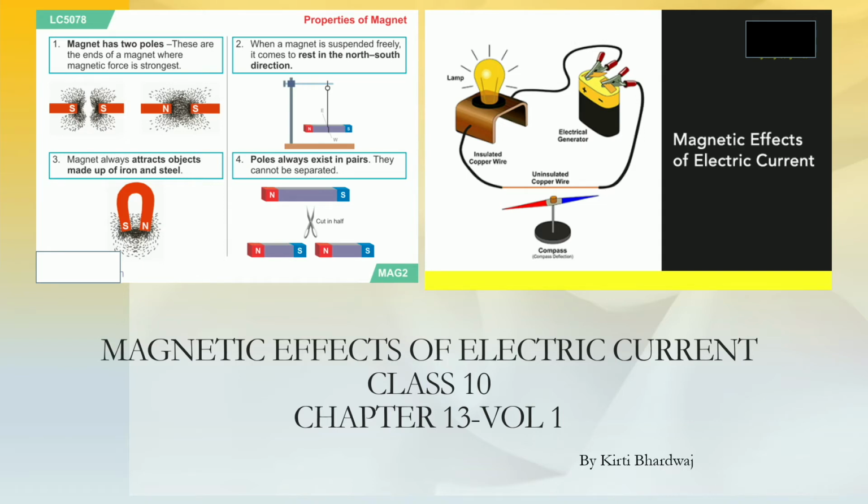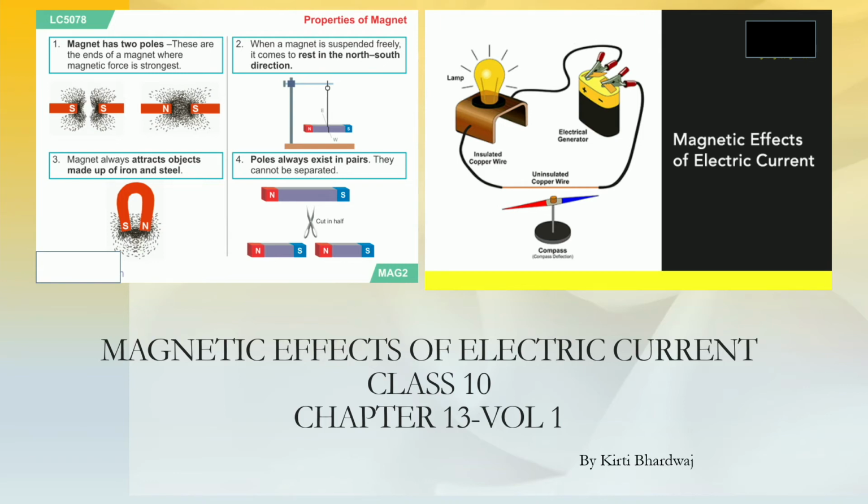Now, what are the different properties of magnets? Magnets have different properties. First one is the attractive property of the magnet. A magnet attracts ferromagnetic materials like iron, nickel and cobalt. Directive property of the magnet: if a magnet is suspended freely from a rigid support, the magnet always points towards a north-south direction.